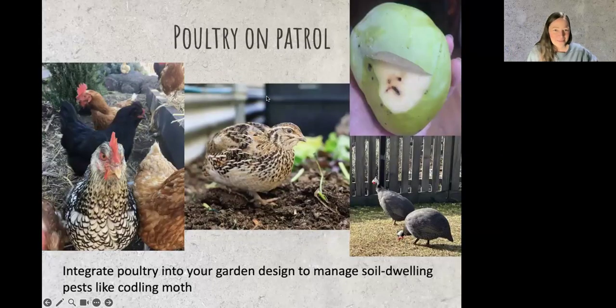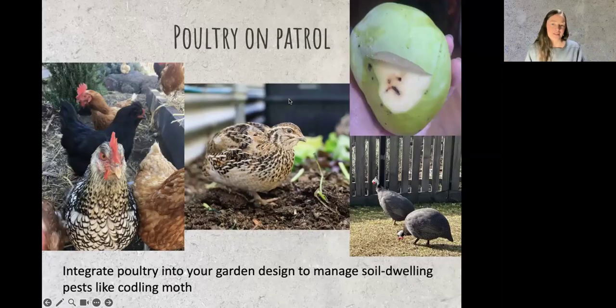Of course, domestic birds are also fantastic allies for us. I wouldn't want to mess with these chickens on the left-hand side, hey? So as I said before, if you can design your chicken run so that it maybe goes around but not in your veggie beds, or it has fruit trees in the run,